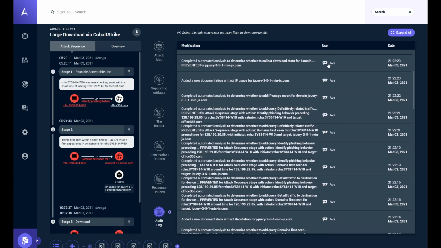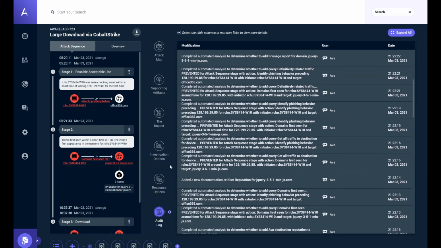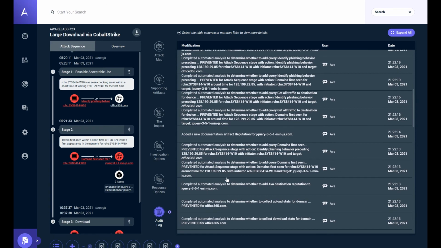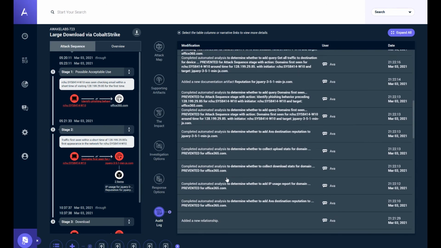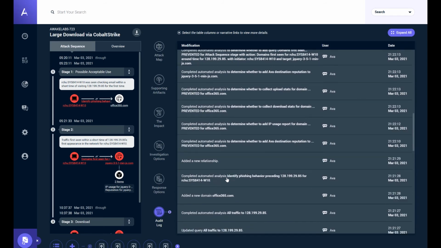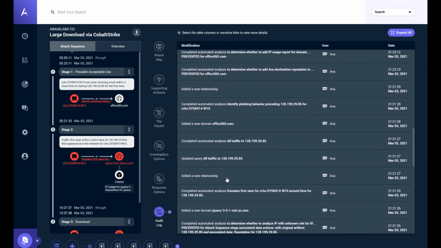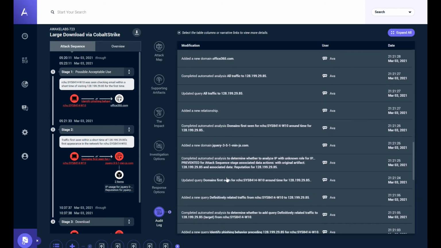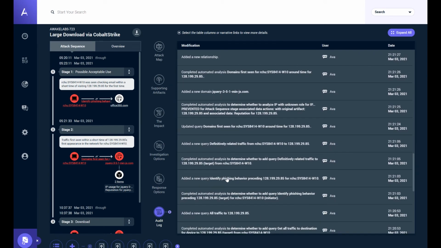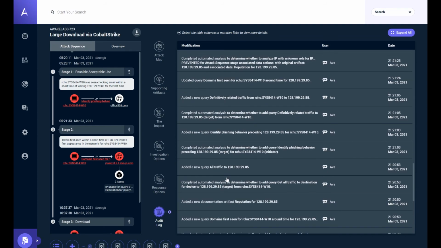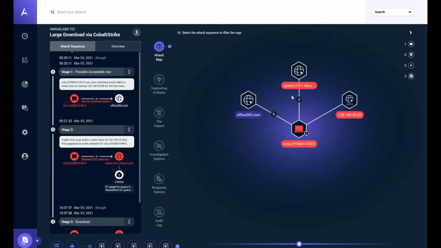It's worth noting that this domain right here was ultimately identified because this device went to it for the very first time just before this. That happens a lot when you get suspicious events and you ask, what has this device done for the first time just before it? Devices, especially if you have users surfing the internet, are always doing new things for the first time, many, many times a day. But Ava went further and did analysis of this domain and ultimately determined that it wasn't just the first time. I actually think that this is all malicious and all related.